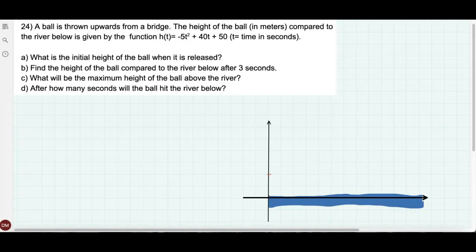Alright, this is classic projectile stuff. This is what I like to do. So like always, we should draw the scenario first. If we're trying to throw a ball upwards off a bridge, or I think we've done questions where we had a cliff,